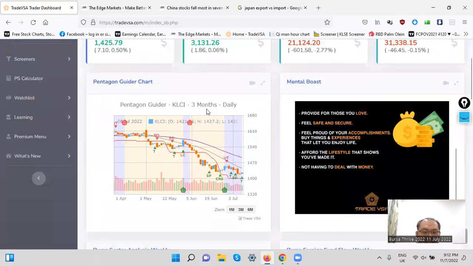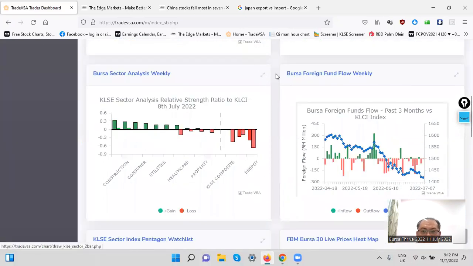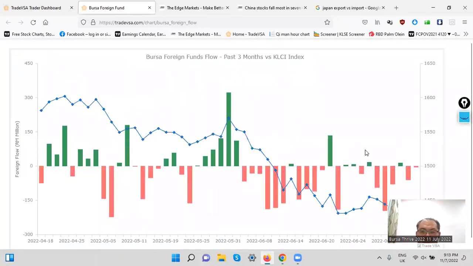Then what I want to see more is the sector. Okay, so this is sector. Before I go to sector, we go for this one. Okay, we go for the foreign index. When you see the foreign, actually how to say,